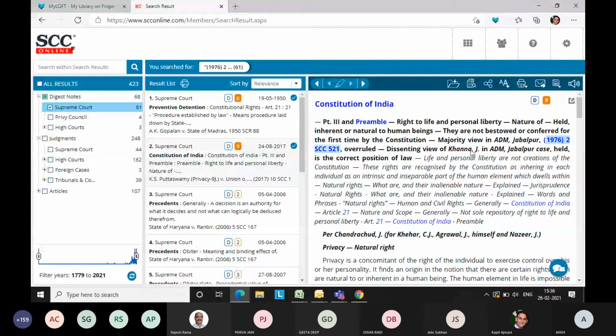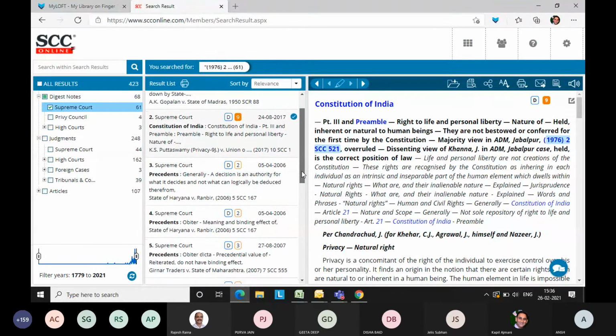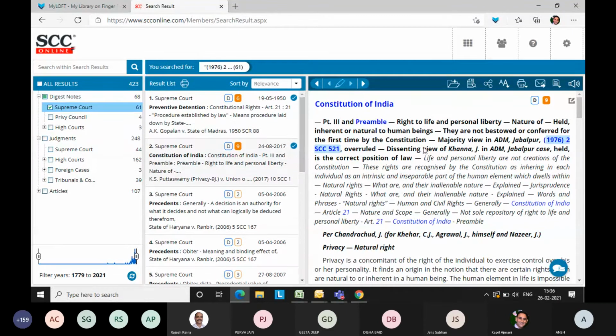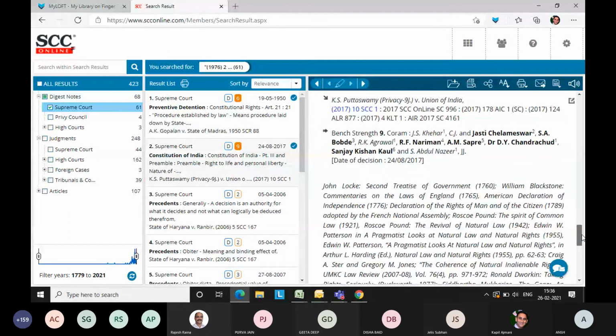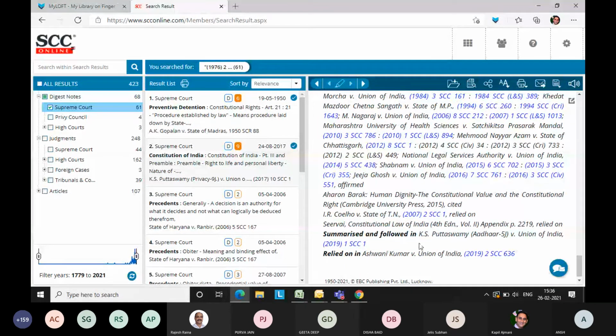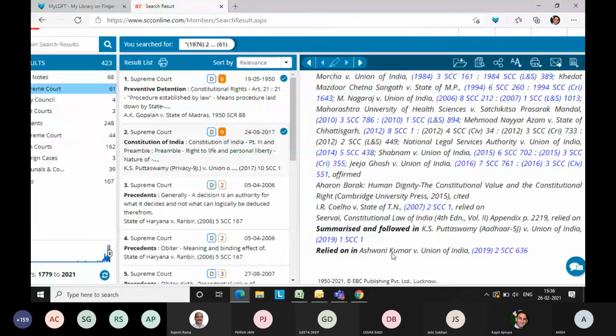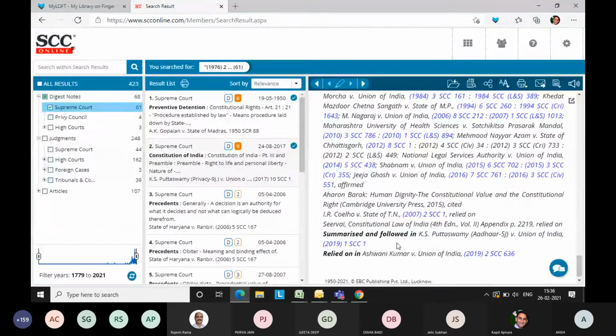And if you browse a little further and select one more digest note there, it will also give you that kind of treatment, like whether it's merely cited or it has been distinguished, relied upon, followed. You will get all those informative inputs from the editorial in these respective digest notes or judgments. All these valuable inputs are there for you.